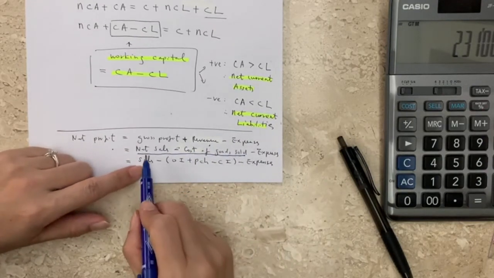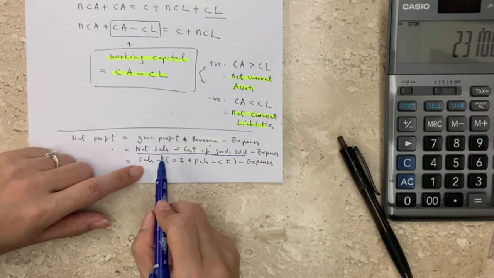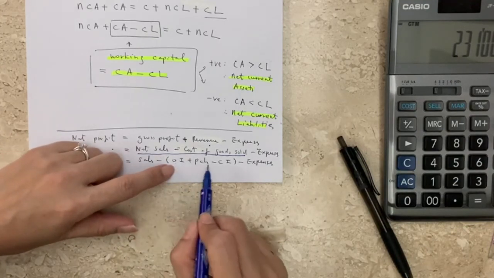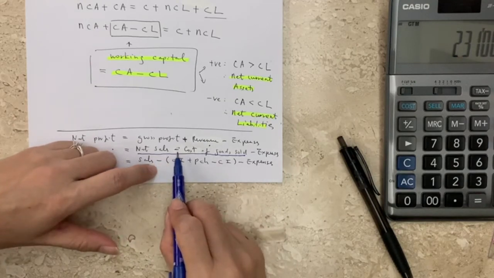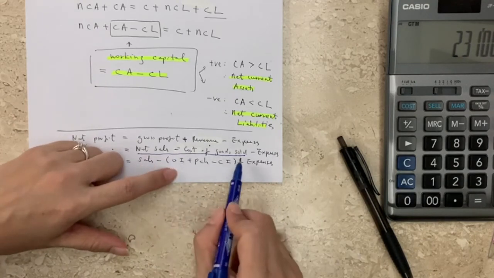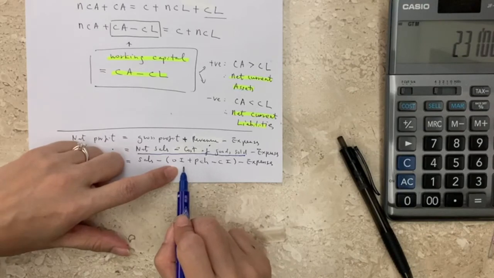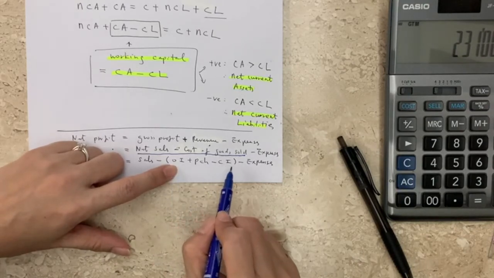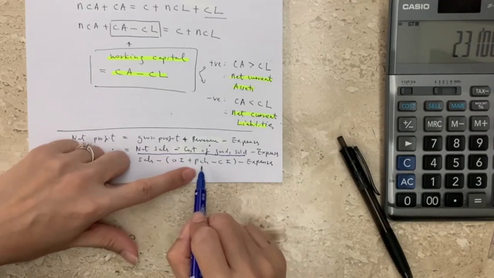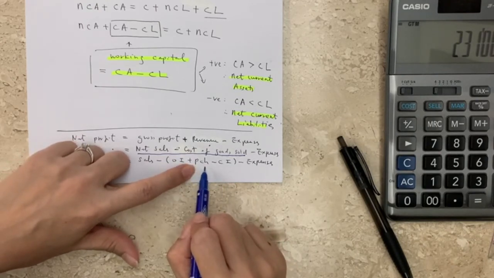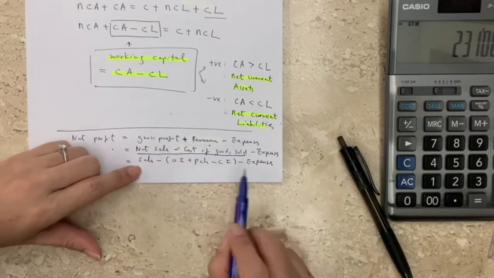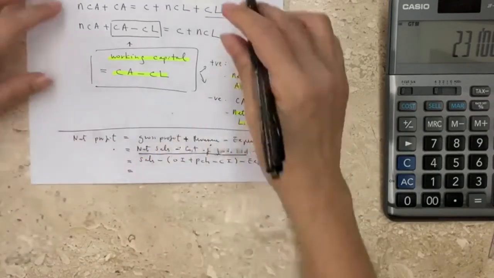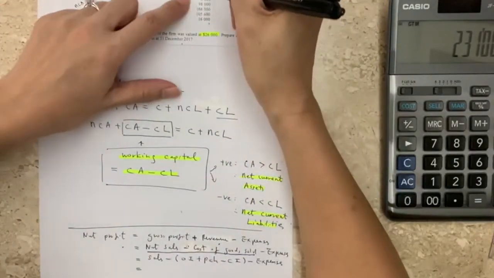And then now we come to net sales. Okay, since there's no returns inward, so we just have sales. And then this is important, so use brackets, all right, because this is a negative one. So minus cost of goods sold, and the formula of cost of goods sold is opening inventory plus purchases minus closing inventory. And in this question, we don't have carriage inwards, we don't have returns outwards. Now, we can use this formula to work out net profit, which is equal to, okay, so how much is sales? Sales on top is